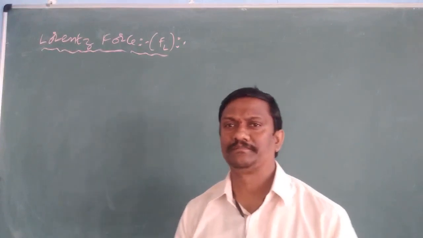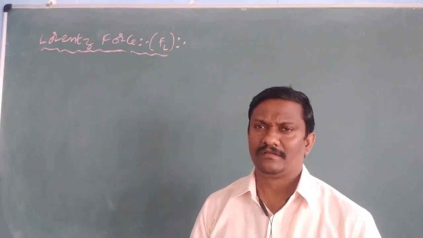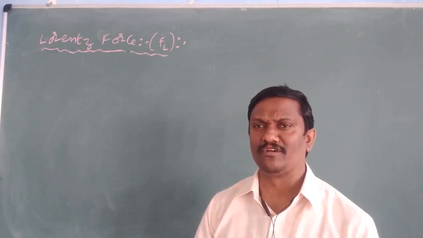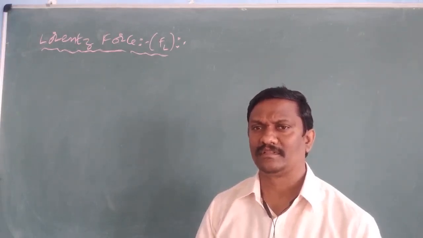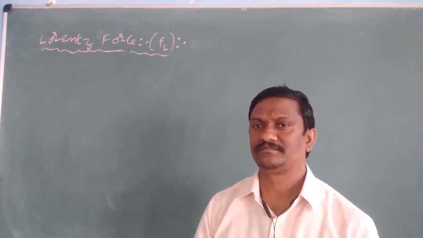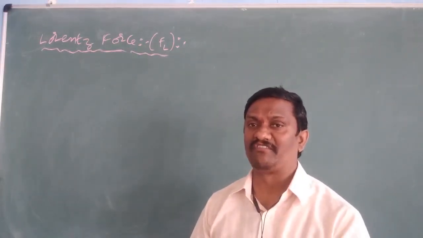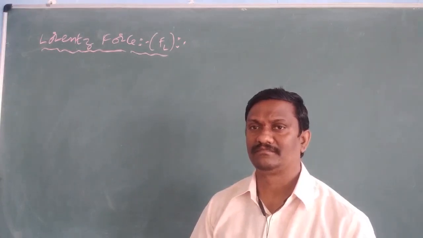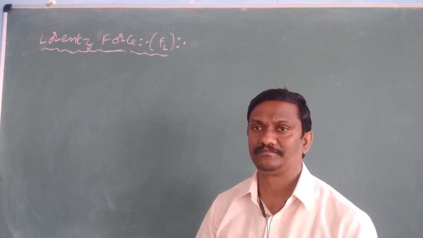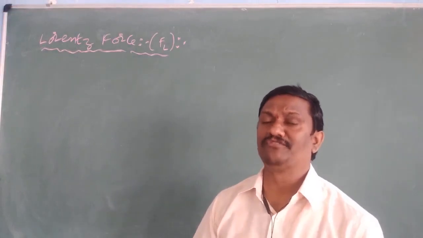Next, continuing, one more important force is the Lorentz force. So what about the Lorentz force? We know electrical force and we know magnetic force. The combination of electrical force and magnetic force is called the Lorentz force. If any charge is moving simultaneously in both an electric field and a magnetic field, then the charged particle experiences both electrical force and magnetic force. The combination of electric force and magnetic force is called the Lorentz force.